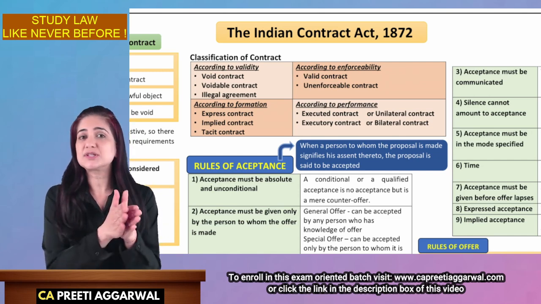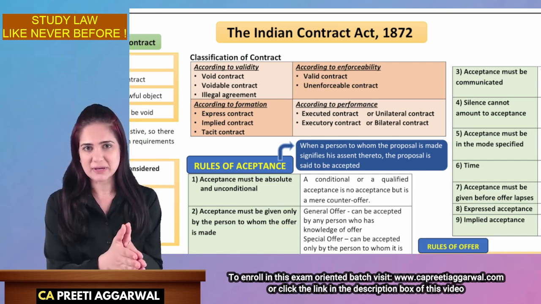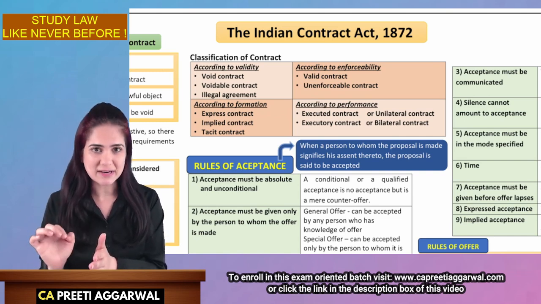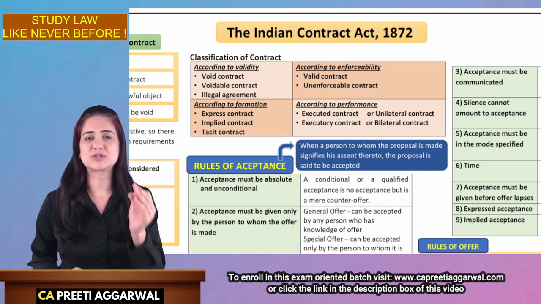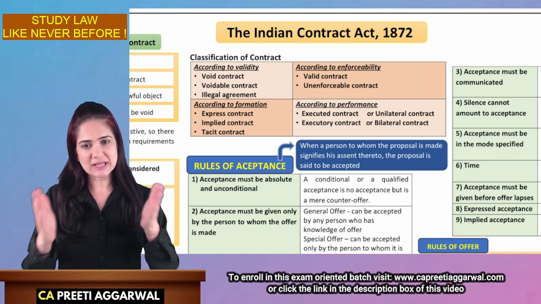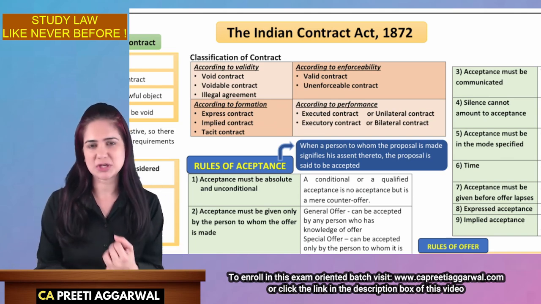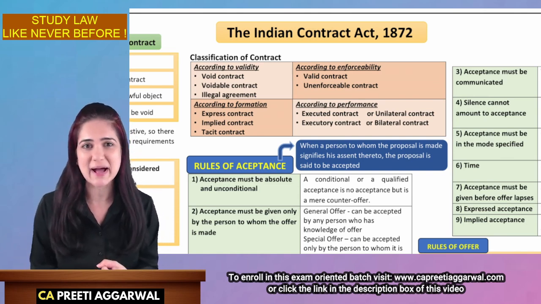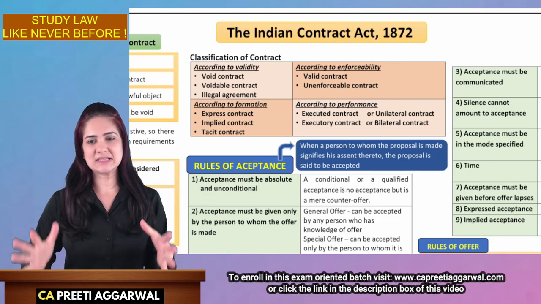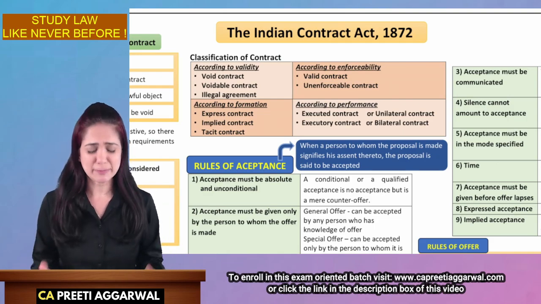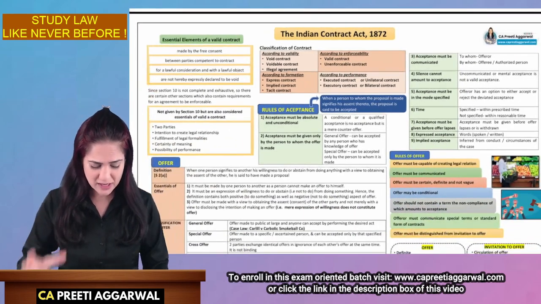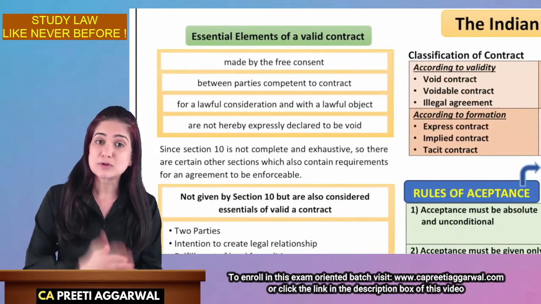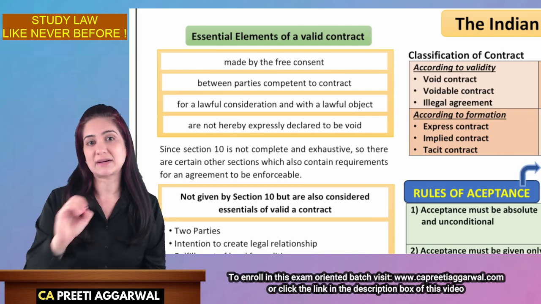But studying is just one part of your preparation. The most important aspect is writing practice, and that is where most of the students lack. So you can call it summary revision, you can call it writing practice, you can call it an exam oriented batch. I think this is all in one, because we are not only going to study all the concepts in a summary form, but we are also going to write and practice.